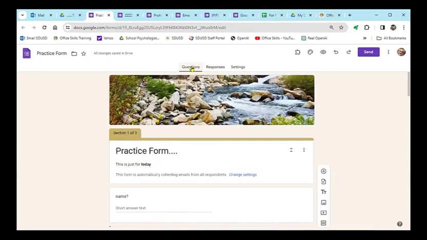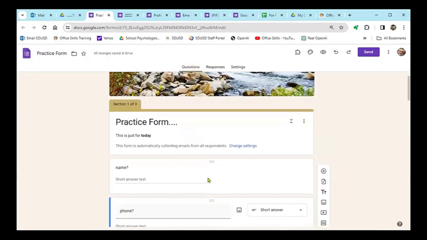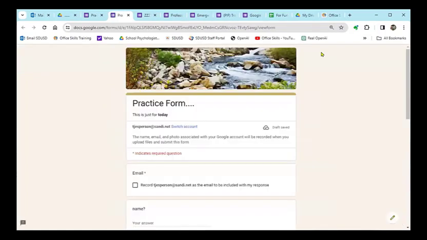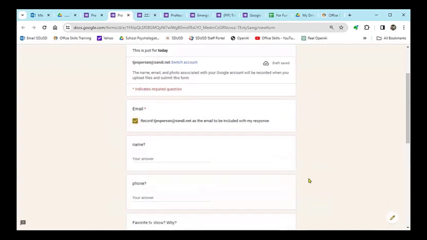All right, so let's go back to questions real quick. We did a few settings, things like show progress bar. I want to see what that looks like, so I'm going to go over here to preview mode. And again, it indicates required questions. Now for me to get to section 2, I have to make sure that that's selected. Saving, draft saved. Name, phone